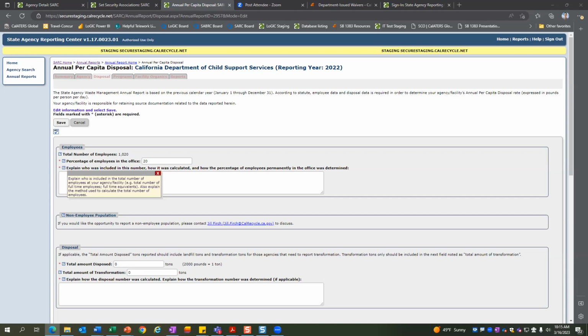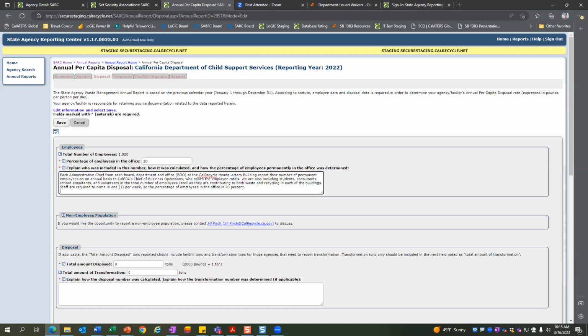And in these sections, you want to just explain to us how you came about your numbers. So how it was calculated for the number of employees, so checked in with HR, and then how you came about your percentage of employees permanently in the office. And just provide that explanation here. It just helps us understand how you came about your numbers.